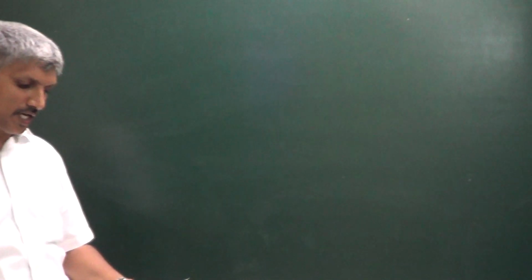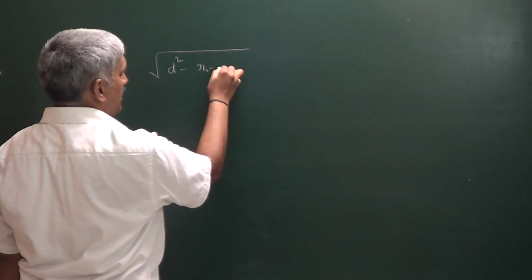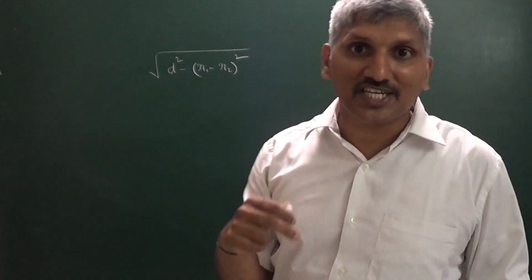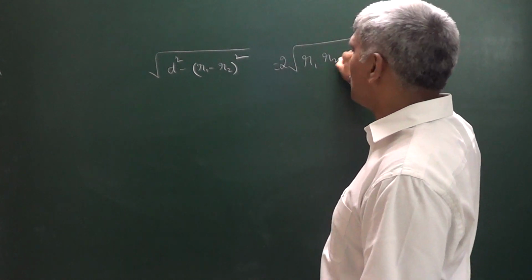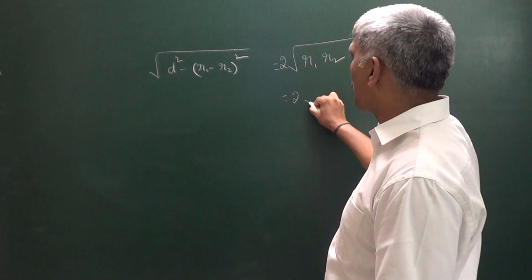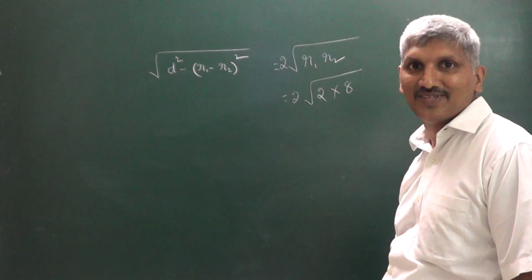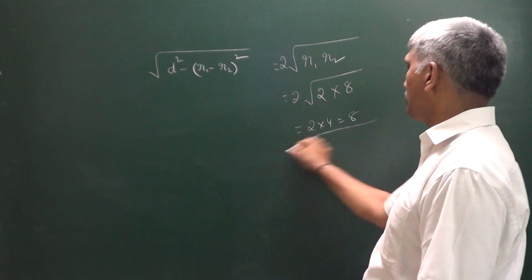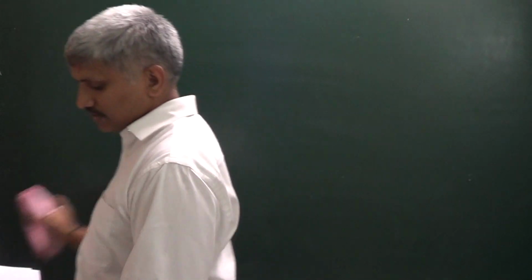In the same question he is asking the length of the direct common tangent. What about the length of the direct common tangent? This is the formula: square root of D square minus (R1 minus R2) whole square. But here the two circles touch each other externally. That's why, as we discussed earlier, it is equal to 2 into square root of R1 into R2. One circle radius is R1 and the second circle radius is R2. That's why the length of the direct common tangent is equal to 2 into 4, that is 8, is the answer. So that is the way of finding the length of the direct common tangent.